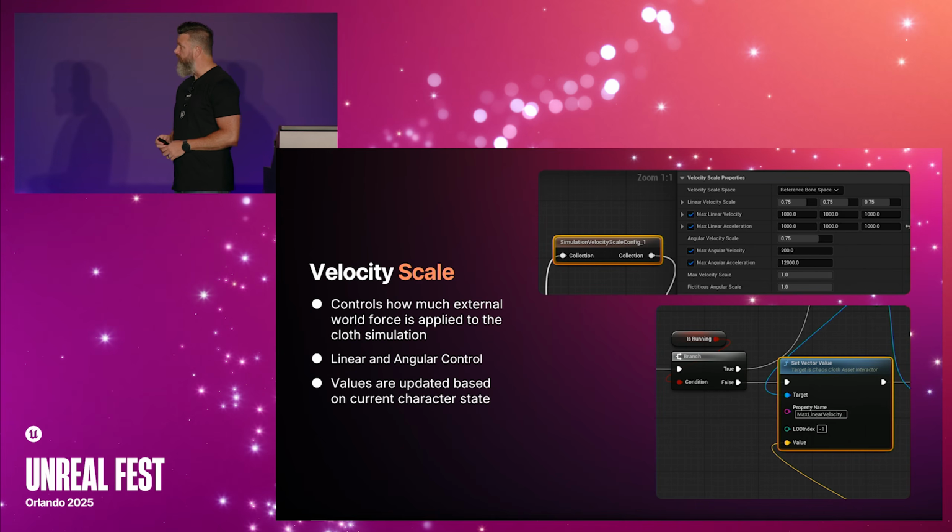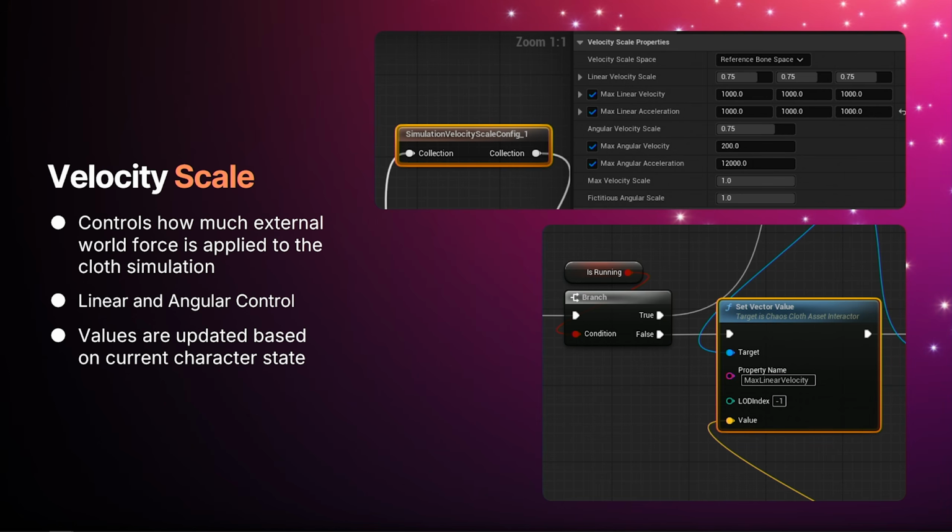So that's the node, the velocity scale. You have both linear and angular control. And then there's a velocity scale, and there's also clamps. I prefer to use the clamps on the velocity over the scale, because in the scale node, or excuse me,